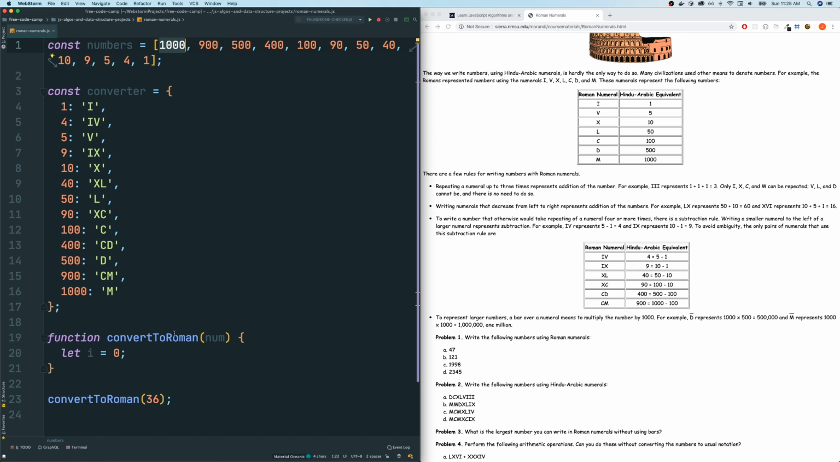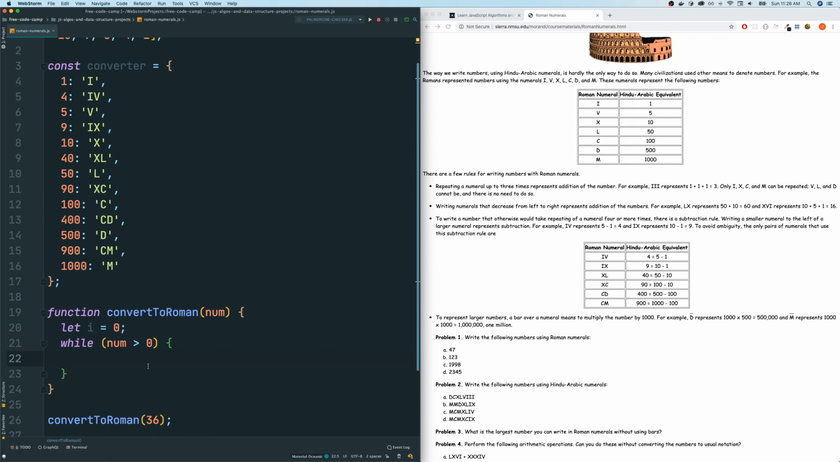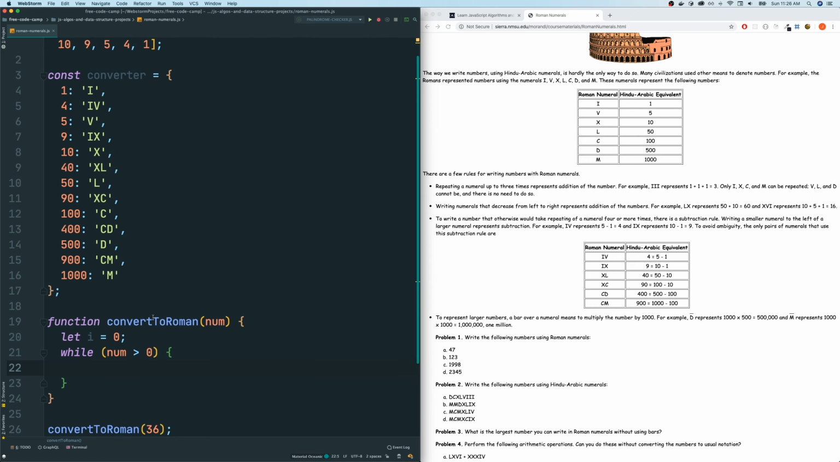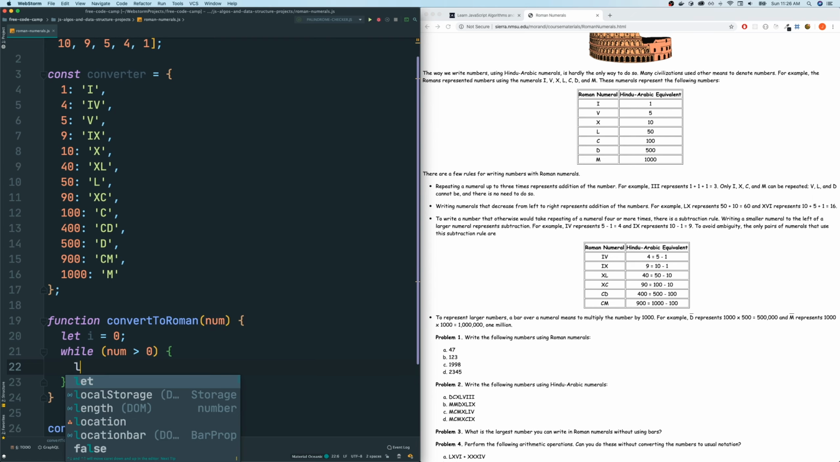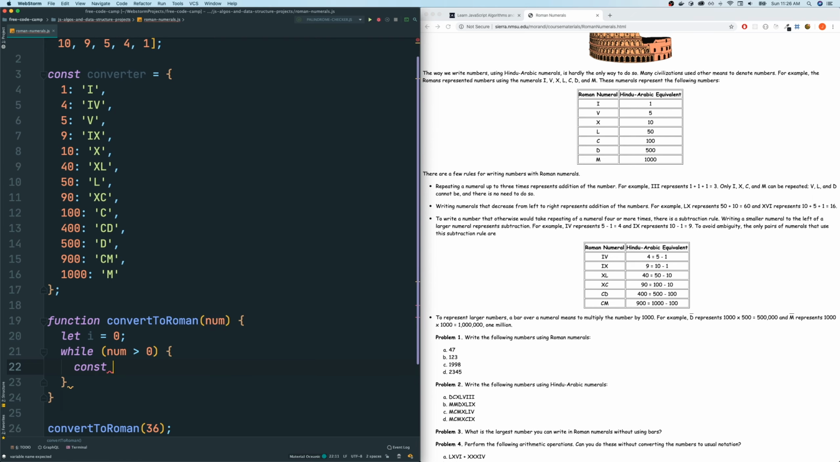All right, and then let's do a while loop. So I will say while num is greater than 0, because we're going to keep on subtracting from num until it gets to 0. We will do this. Now I'm going to have a condition here. Before I do the condition, I know I'm going to be using this a lot, so let's just grab our number first. So const, what should I